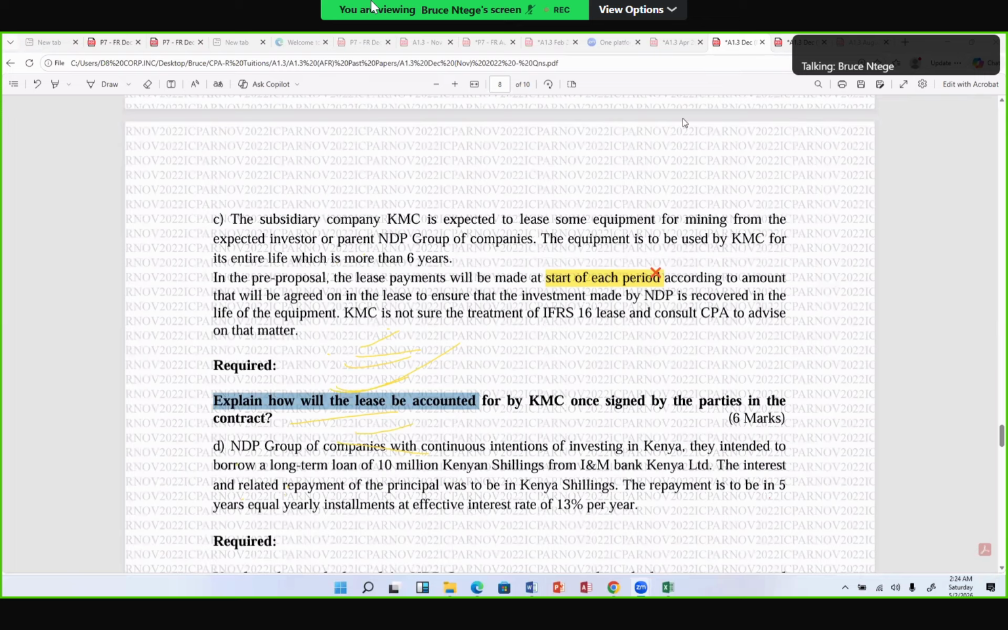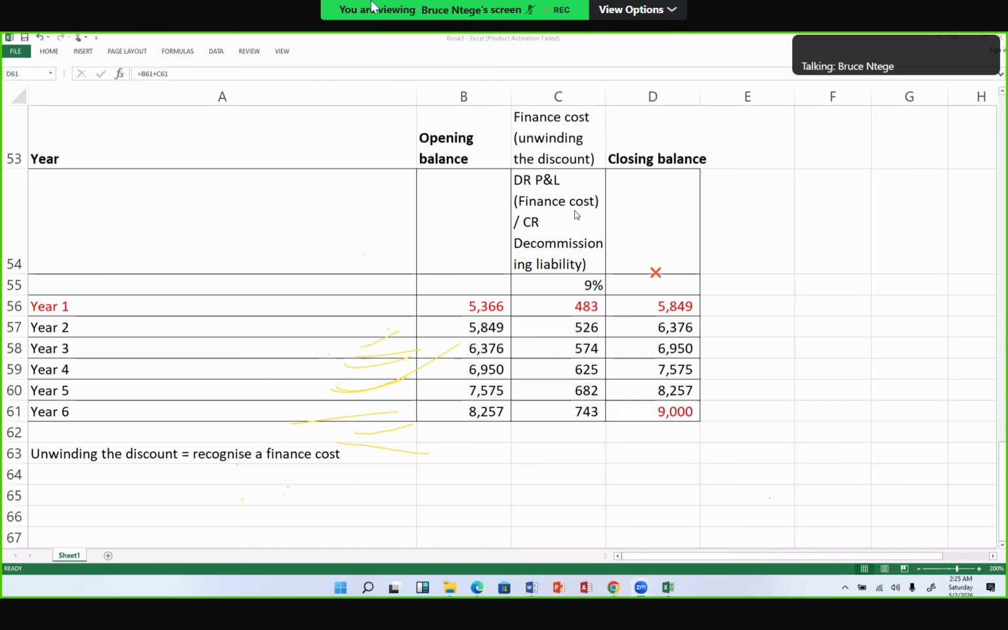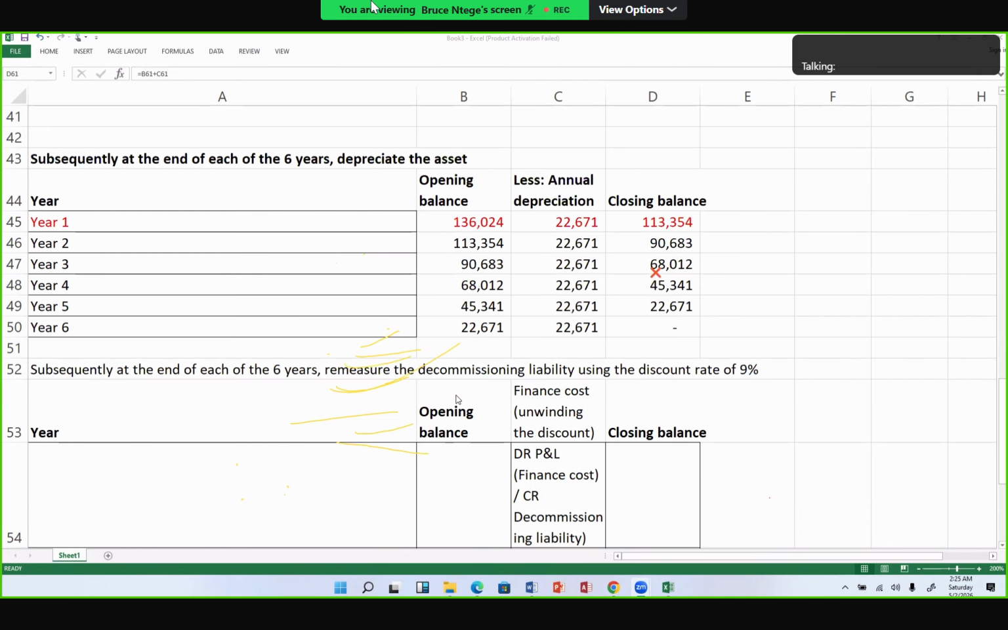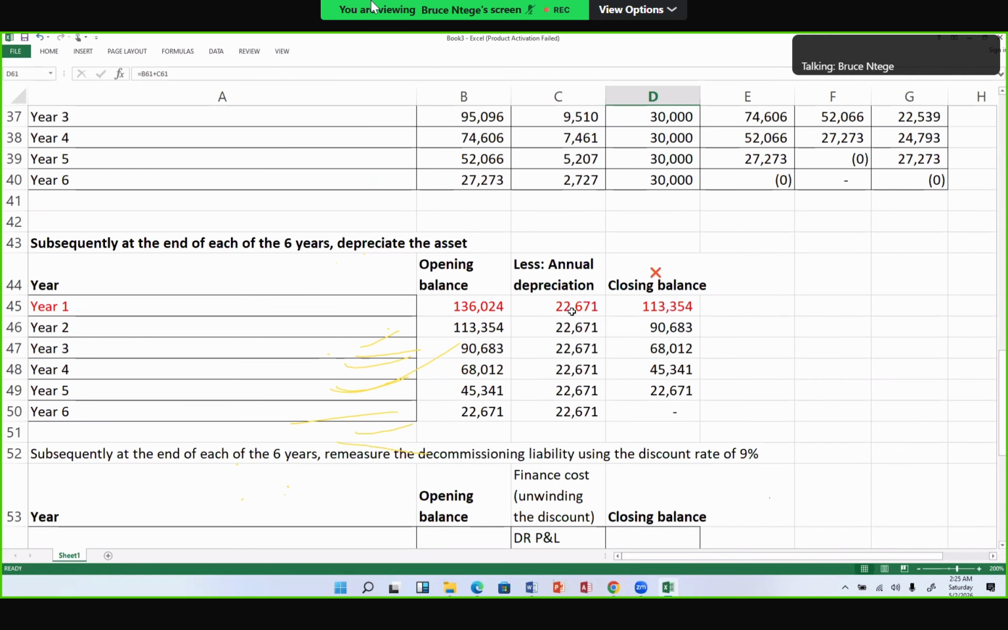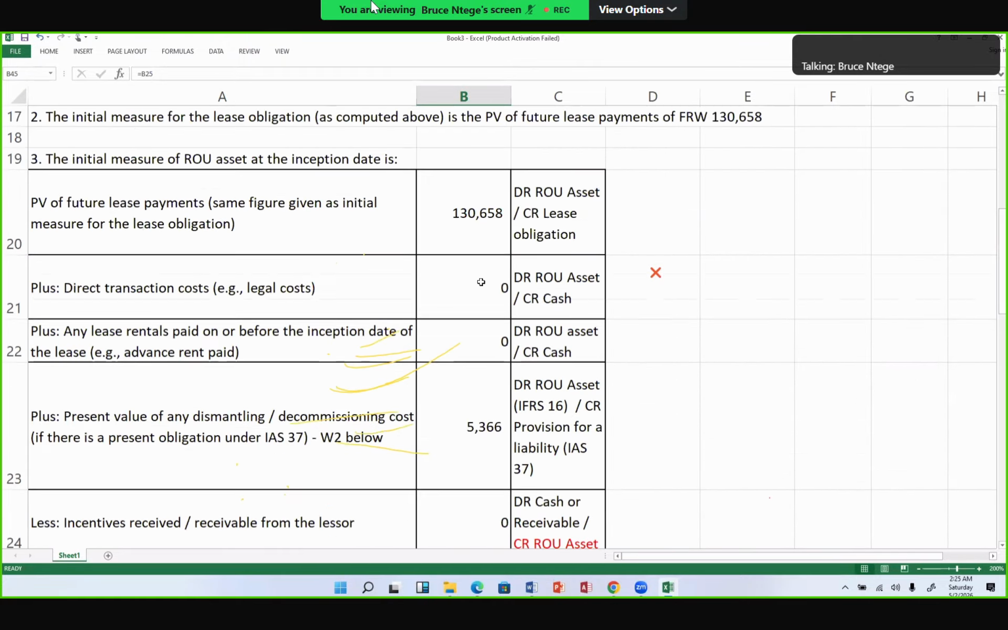But I have a question in the chat saying, how did you get 22671? If this person could help us to say maybe in these obligations or in the decommissioning provision or in the right of use asset, now we have to look for it because the person knows it. Maybe it's here. I can see this here. Annual depreciation. So every year, if my right of use asset is, that person who's asking, can you confirm that you had 136,024 as the initial measure of the right of use asset,